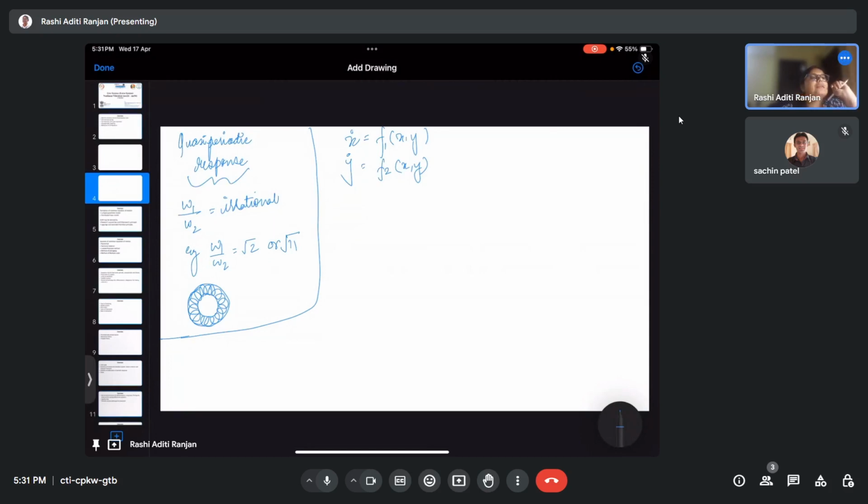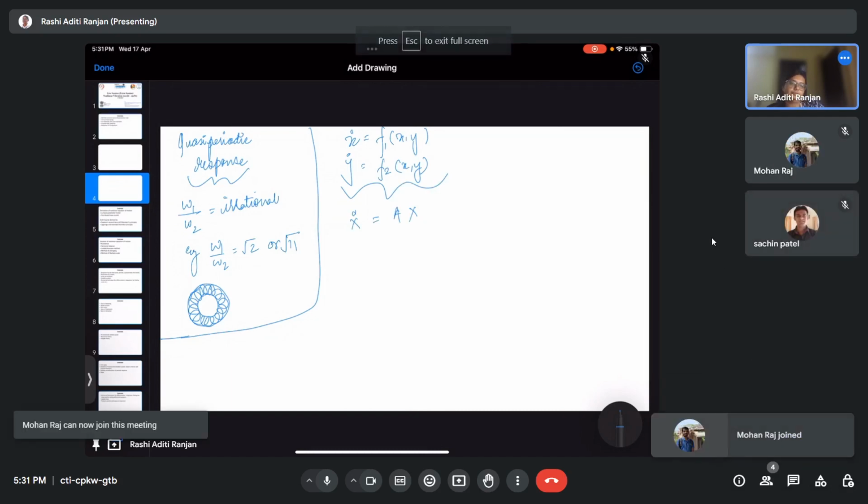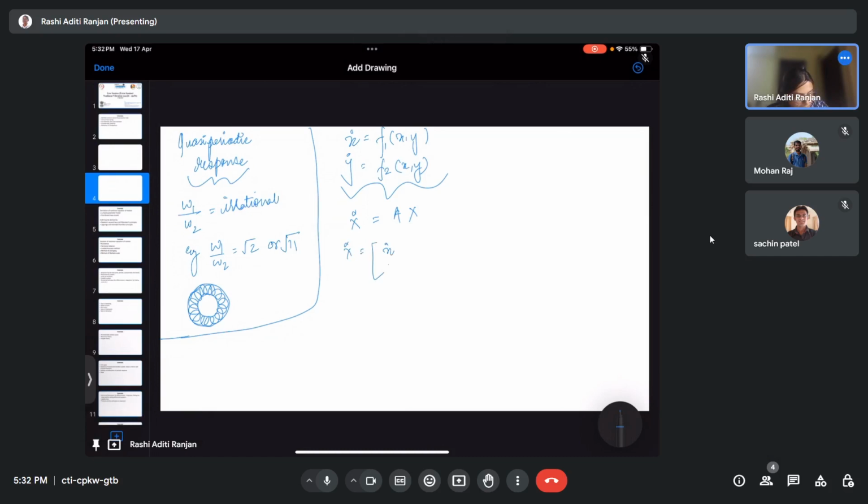So if you remember, we could write this something like this, x dot is equal to A times x, where my x dot was just this, and my capital X was x and y, and my A was a matrix with entries a, b, c, d. Okay. So if you remember that I talked about eigenvalues and eigenvectors,